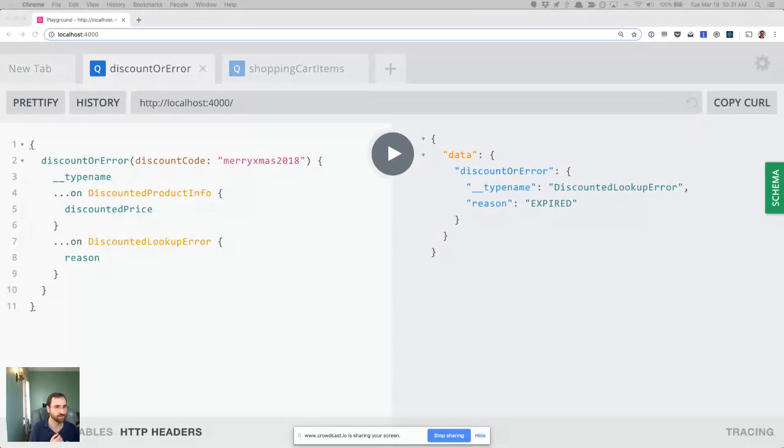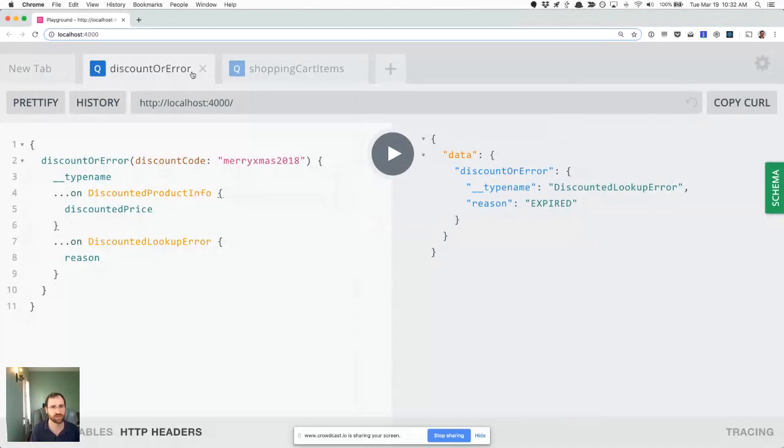So what can happen with that is, first of all, you'd have to represent the data back. So in this case, like the discounted product info, I'd have to represent that as a nullable field because it could not come back, which I certainly can. I certainly can model that,